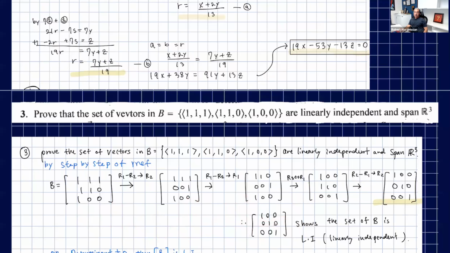Basically, you solve the homogeneous system, and you have to get the trivial solution. In this case, C1, C2, and C3 should all be equal to 0. So you write the matrix for that,